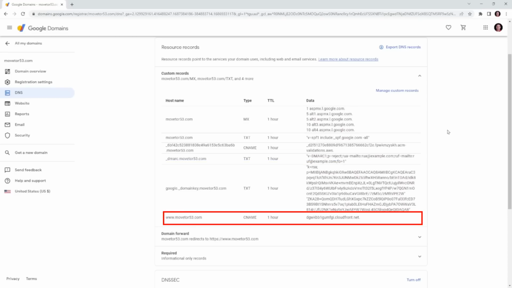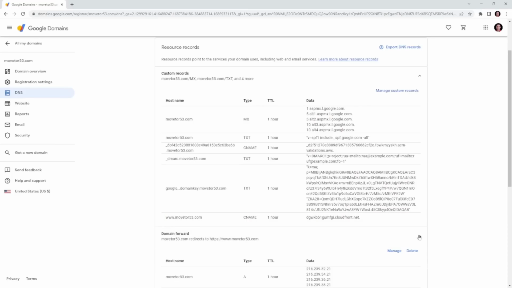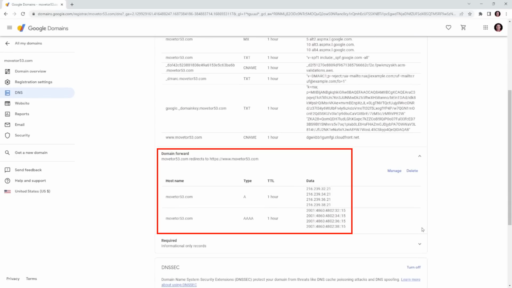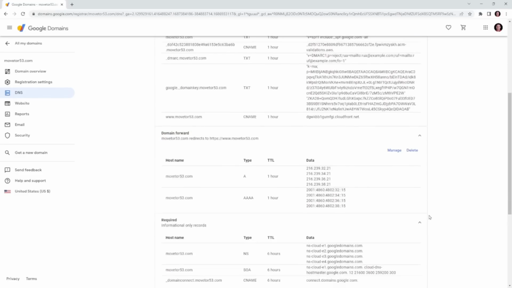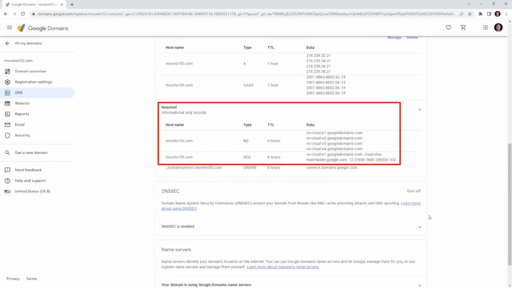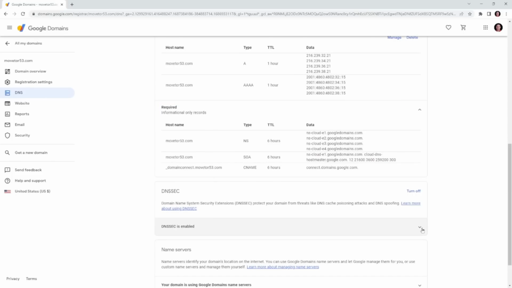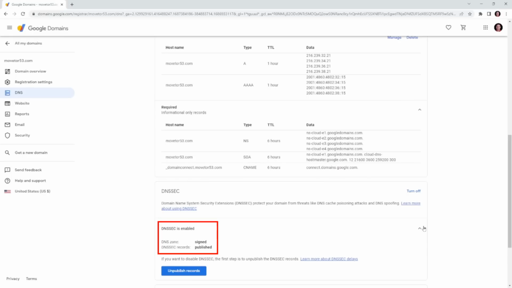And a CNAME entry for www.movetoa53.com pointing towards a CloudFront distribution is also present. There is also an A record and quad A record present for a redirect of the apex domain to www. The internally required NS and SOA records are also visible. DNSSEC is enabled for the domain.